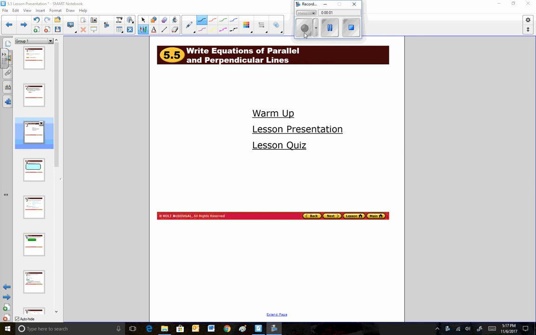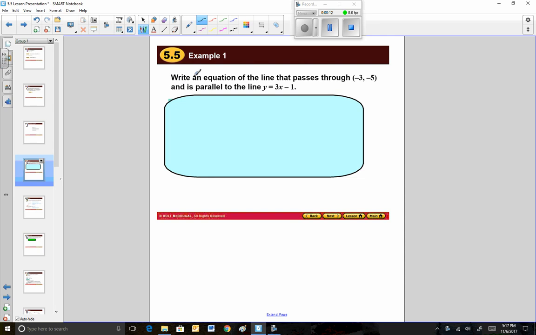Class, today we're going to learn about writing equations of parallel and perpendicular lines. So let's take a look. How can we get an equation of a line parallel is where we'll start. Write an equation of the line that passes through this point and is parallel to the line y equals 3x